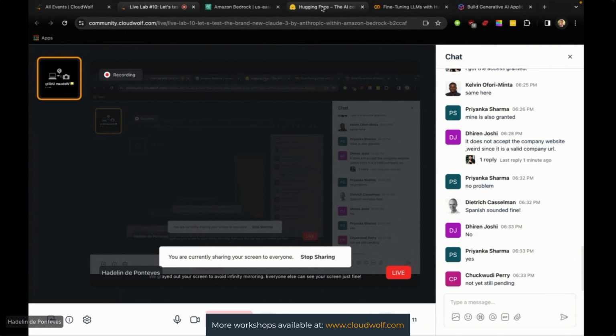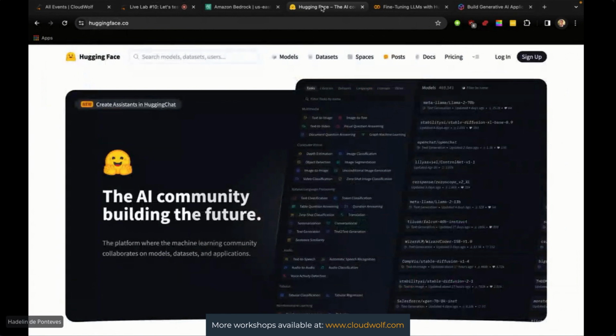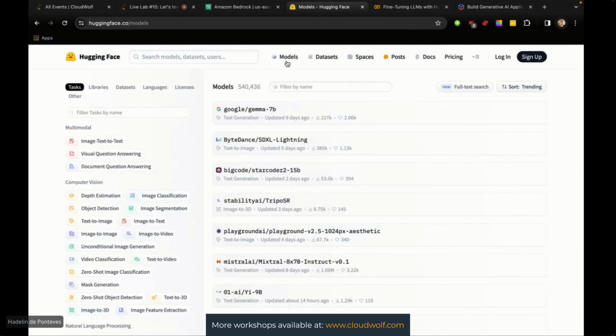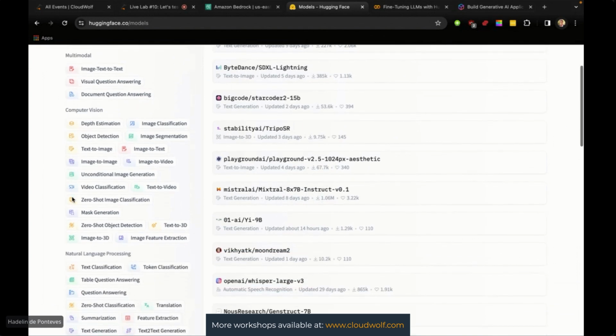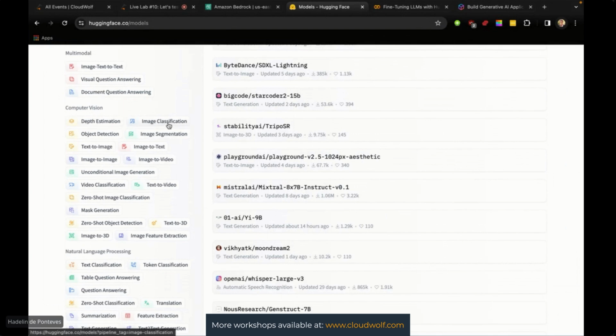So here we go. Welcome to Hugging Face, the AI community building the future. It's basically a platform containing tons of models in different branches of data science. You have the multimodal models: image text to text, visual question answering, document question answering. You have many models in computer vision: depth estimation, image classification, object detection, image segmentation, text to image,